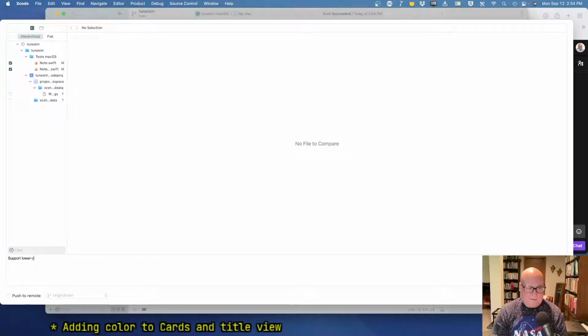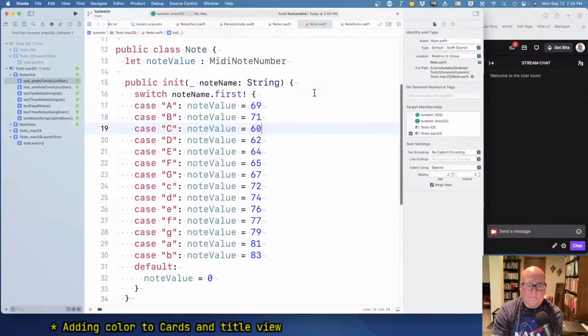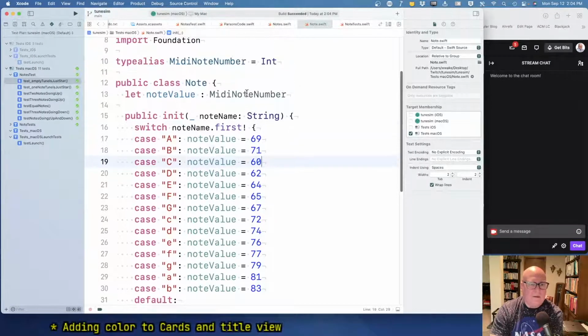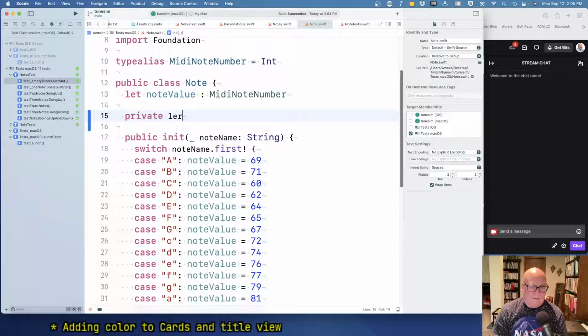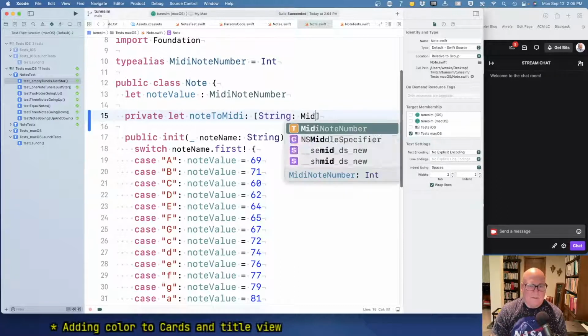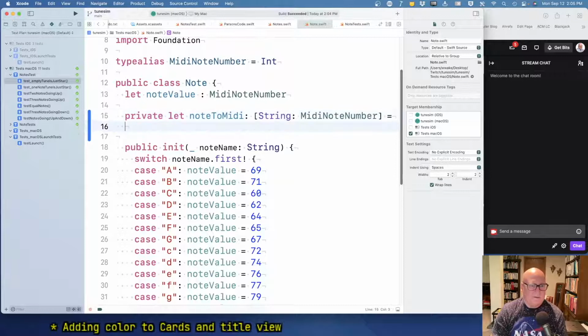Support lowercase note names. And I think I would just like to make a map out of this. So private let note to MIDI of type string to MIDI note number is